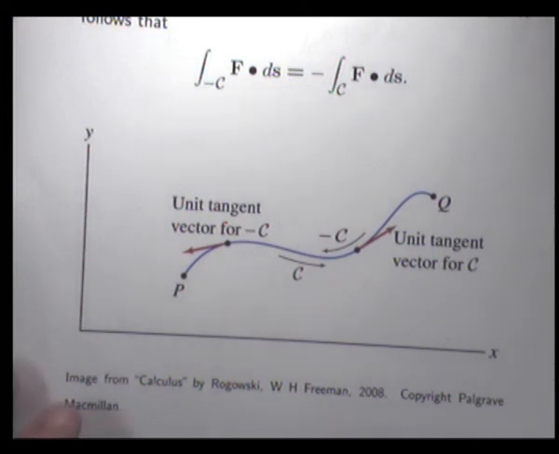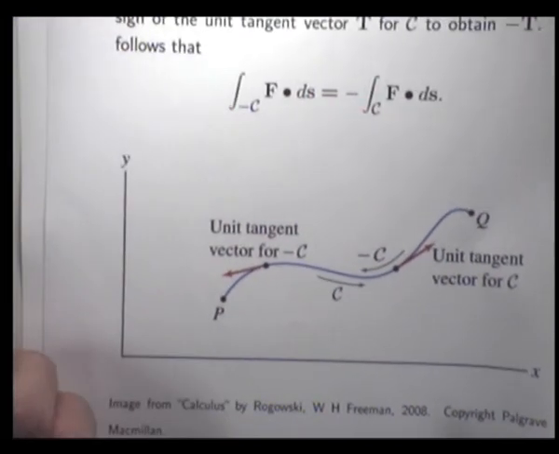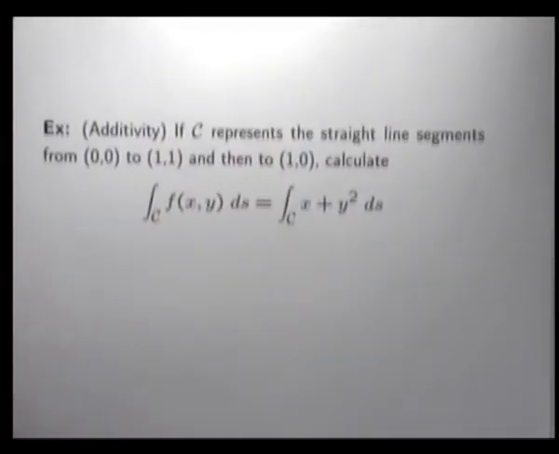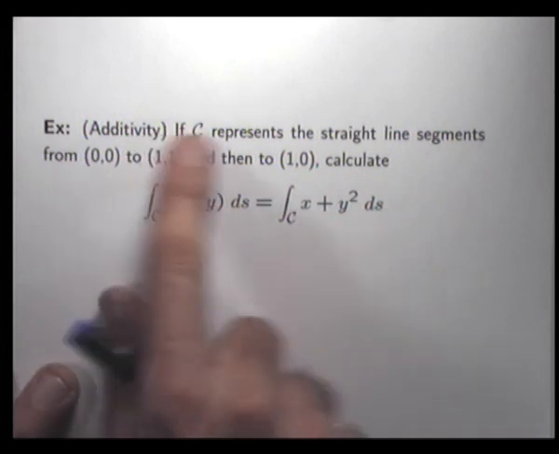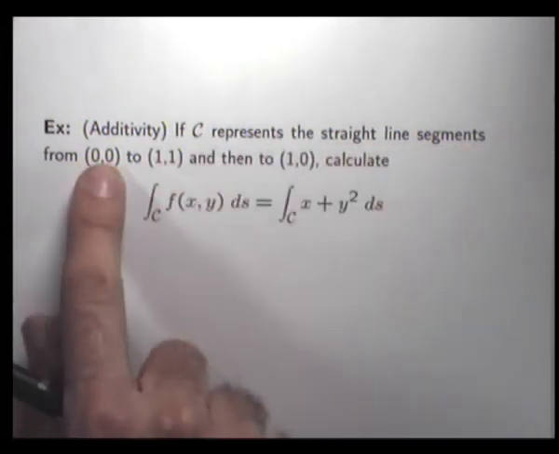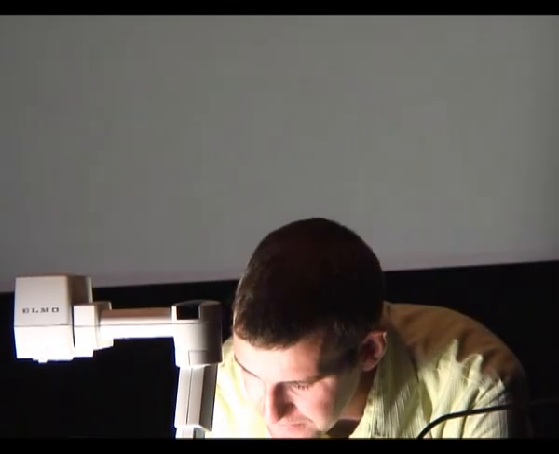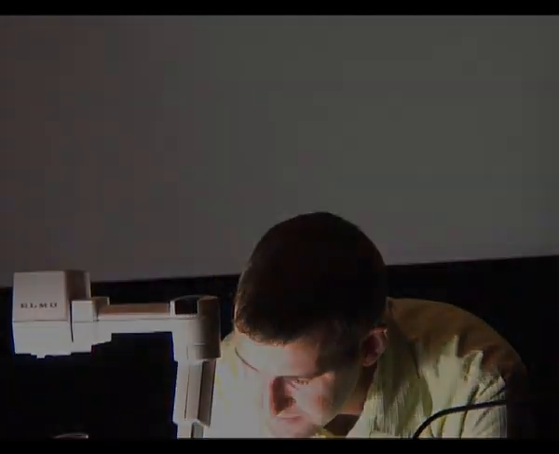Okay, so one last example. I'm not going to actually finish this off. You should finish this off in your own time. But this is just to demonstrate how to use additivity in these line integrals. Okay? If C represents the straight line segments from this point to this point, and then to this point, calculate this line integral. Okay, so we just